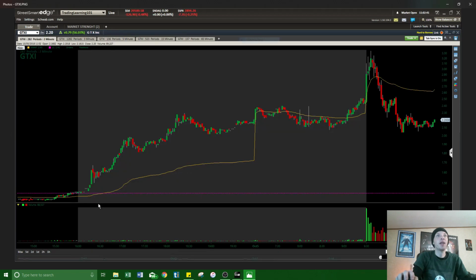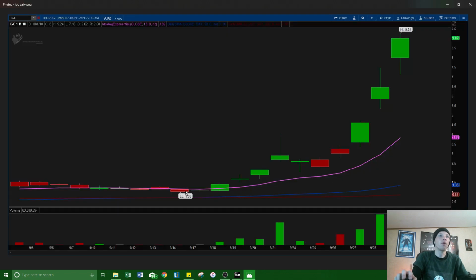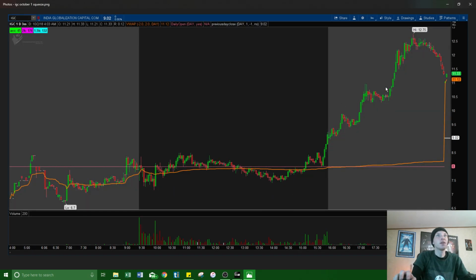GTXI spiking from $1.40 to a high of $3.30. IGC is a crazy one, going from $1 to almost $10 right here. And then IGC, you can see it hit $12.75. And then recently, at the end of October, IGC gets halted, and it's on the American Stock Exchange. They delist it from the exchange, and currently right now, it's November 1st. It's still halted, and it's delisted, and they're trying to find an exchange for IGC, going from $8 to $12.75